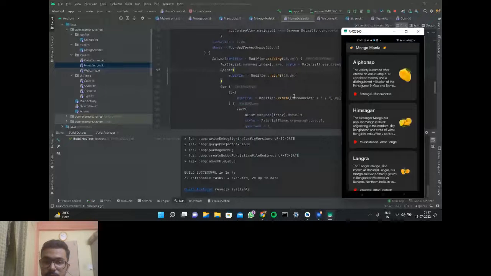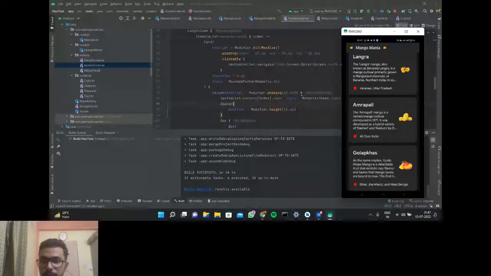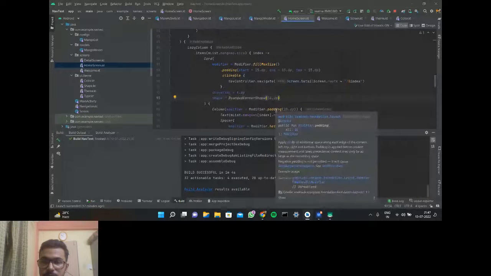And using the index, we are getting the index from this lazy column. So every time we scroll and get to a new item, this gets built using the lazy column, and the data is accessed using this mList.mangoes.index syntax, and dot name, dot details, dot location, image, they are used to get the specific data for those specific parts. Okay, so coming to the point of why we're using that index in that navigate,